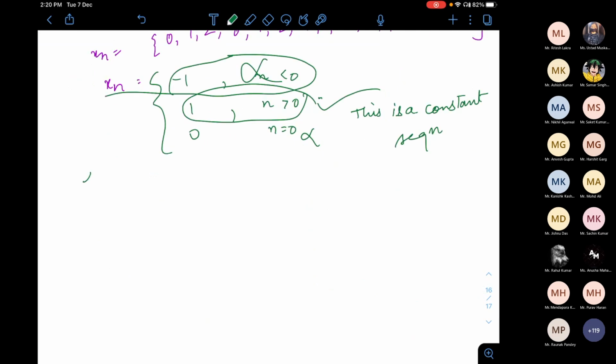A sequence is bounded only when... Ma'am, what if a function has multiple limits then? That cannot be possible. Can you give me an example? First you tell me whether you are taking a function of real numbers or natural numbers. Sorry, ma'am. A function, you say just a function, but I am asking the domain of the function.